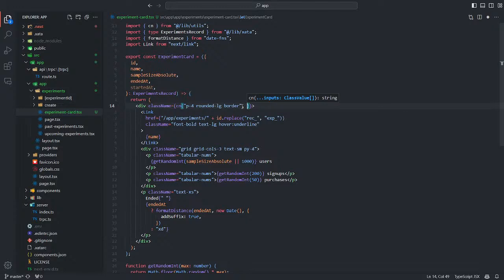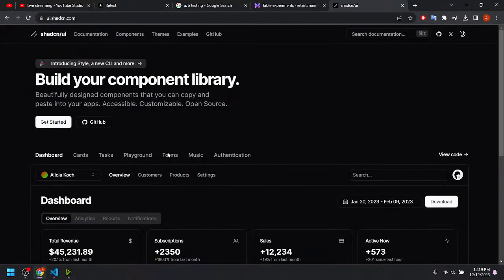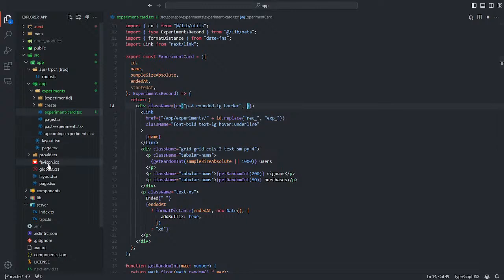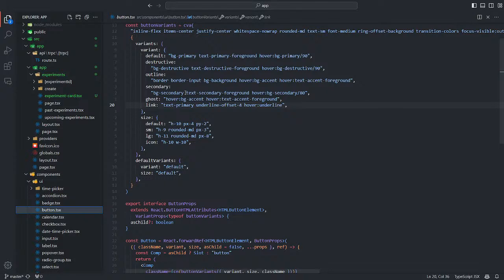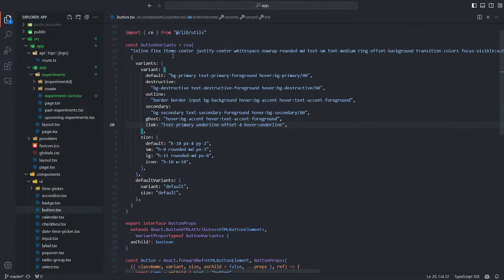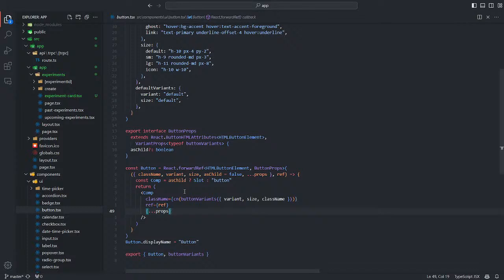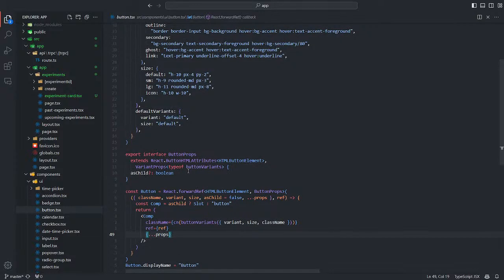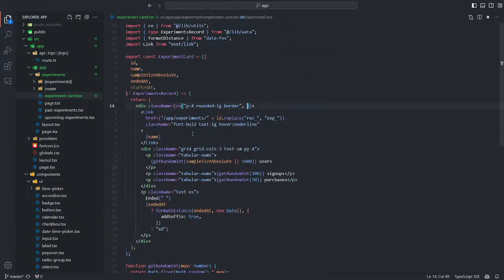I want to write the logic to render that. Create something like this with CVA.